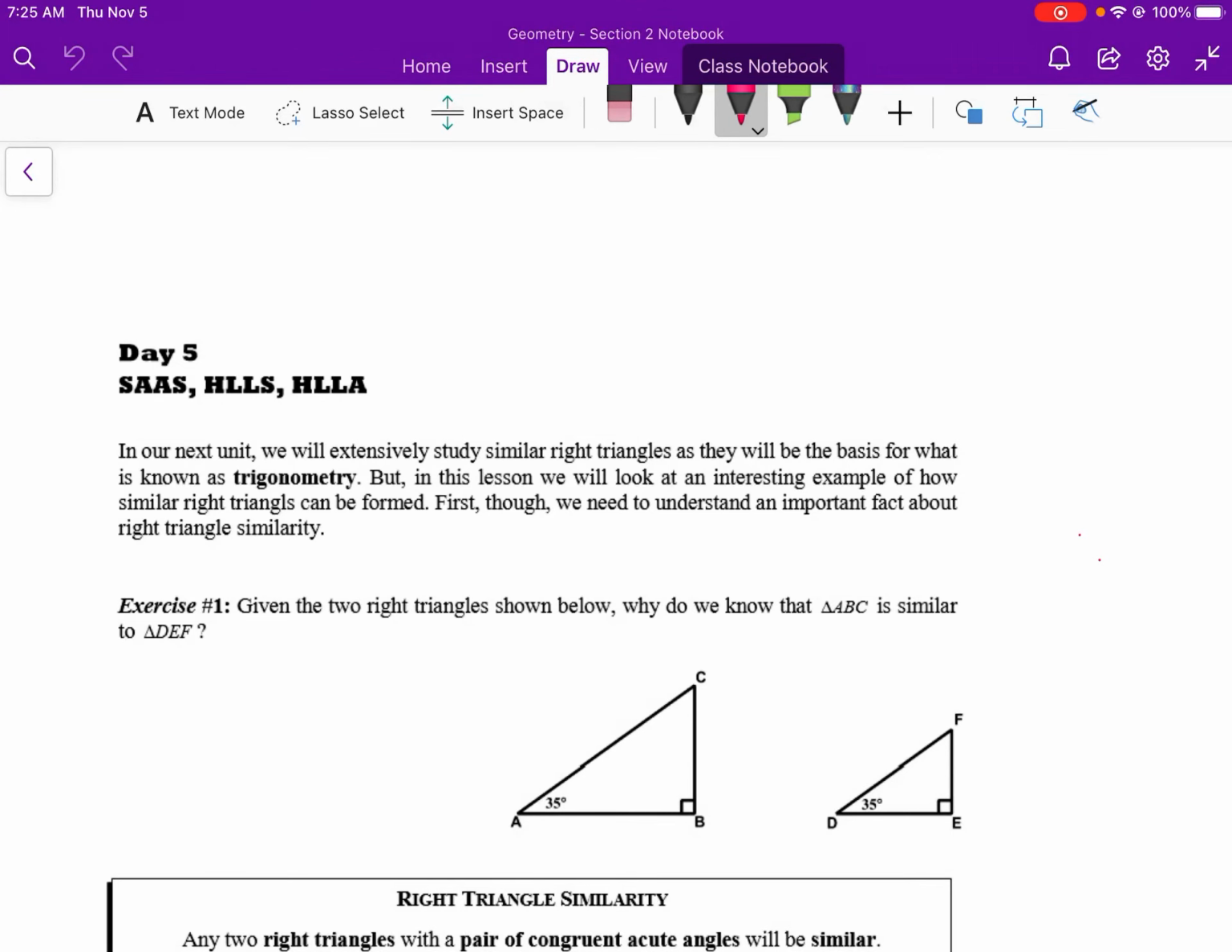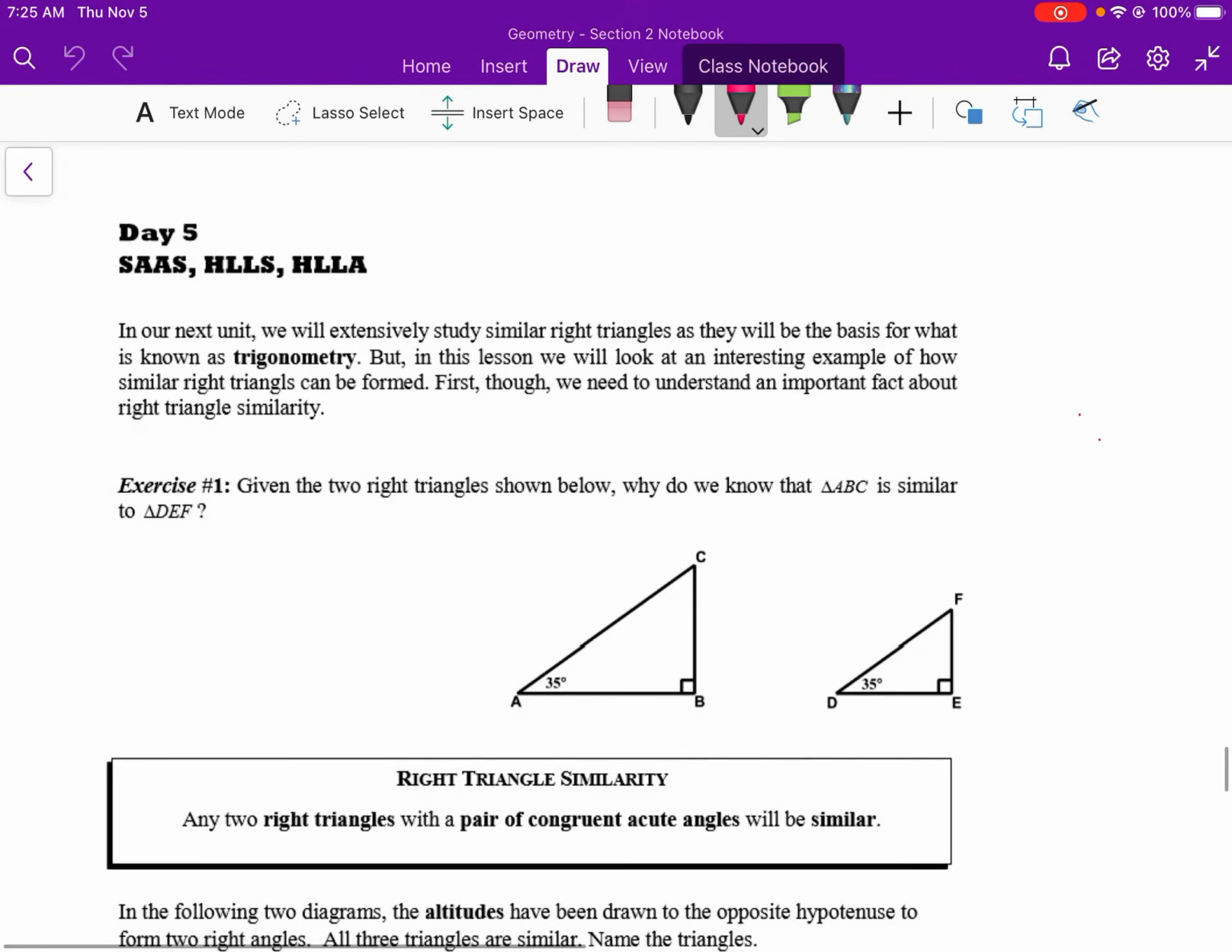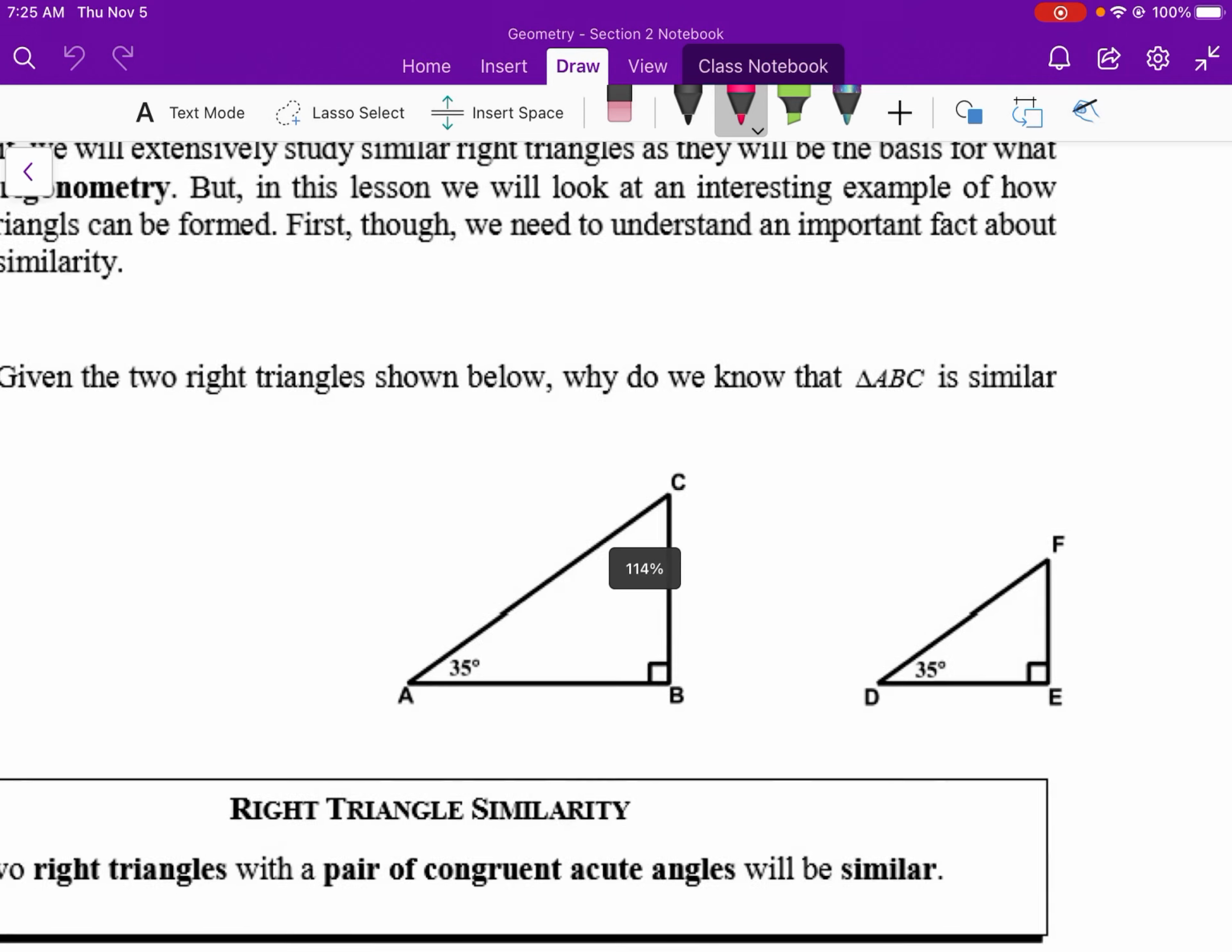Okay, this is day 5 geometry, the SAAS, hills, and hala, as a friend of mine calls it. All right, this is all about right triangles and how they kind of mush them together in this idea. Okay, well, first of all,